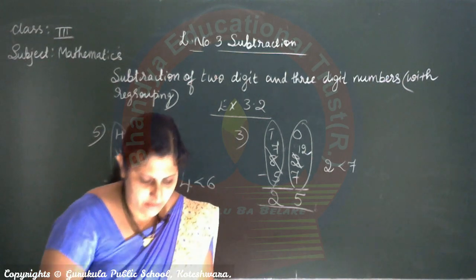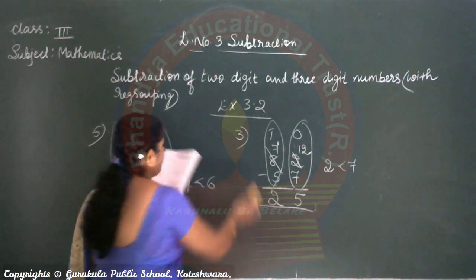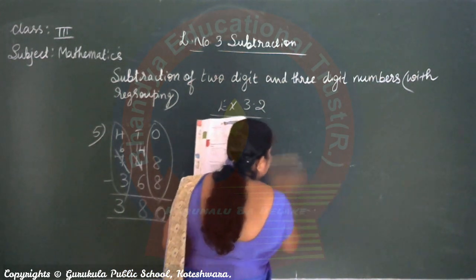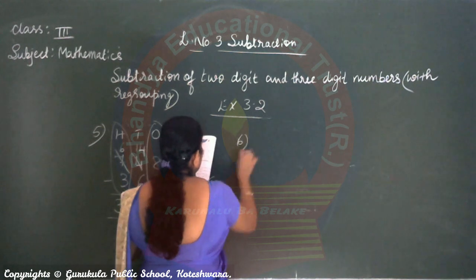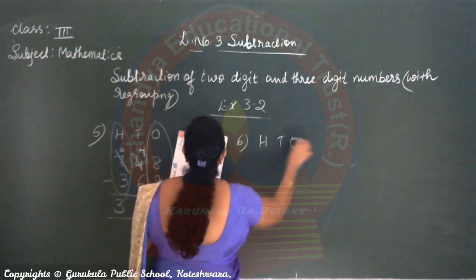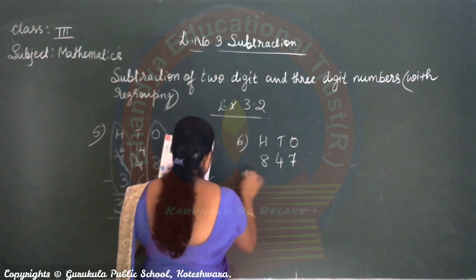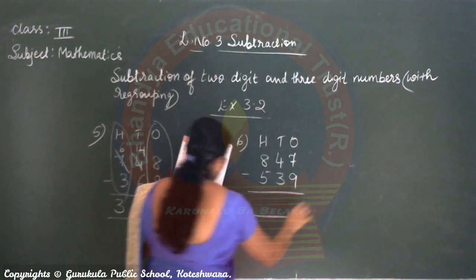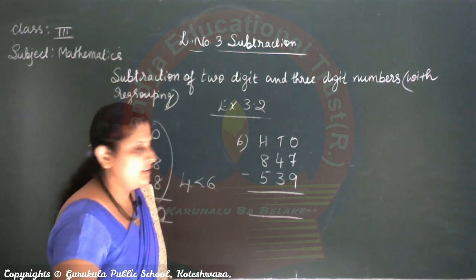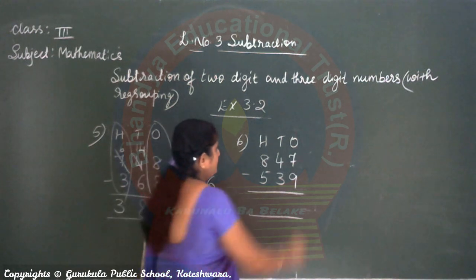Now next, the sixth question. 847 minus 539. So now